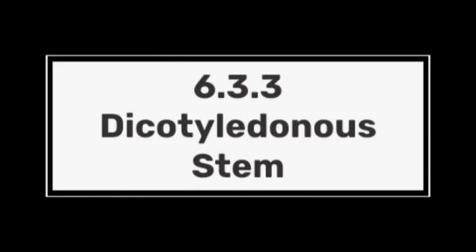Pericycle is present on the inner side of the endodermis and above the phloem in the form of semilunar patches of sclerenchyma. In between the vascular bundles, there are a few layers of radially placed parenchymatous cells which constitute medullary rays. A large number of vascular bundles are arranged in a ring. The ring arrangement of vascular bundles is a characteristic of dicot stem. Each vascular bundle is conjoined, open, and with endarch protoxylem. A large number of rounded parenchymatous cells with large intercellular spaces which occupy the central portion of the stem constitute